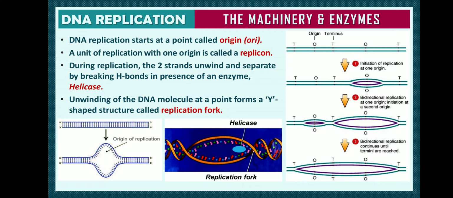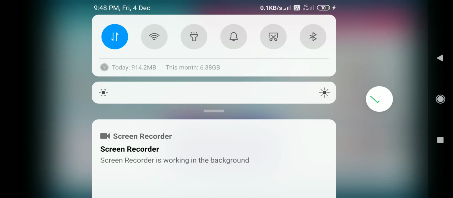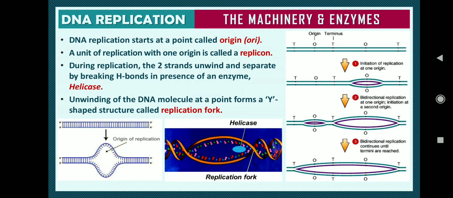How can we identify this origin of replication? Usually the origin of replication is an AT-rich region, and what we will find here is that the double-stranded DNA gets separated into single strands. Why does this double-stranded DNA need to be separated into single strands? Because, as you know, in the semi-conservative mode, to each of the strands new strands are going to be synthesized. So they get separated, and the new strands will be added. One DNA molecule gets converted into two DNA molecules.